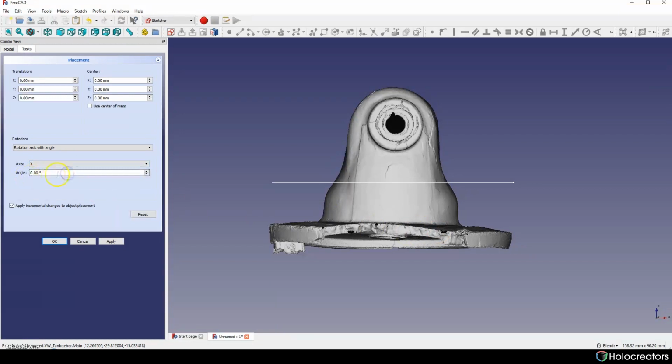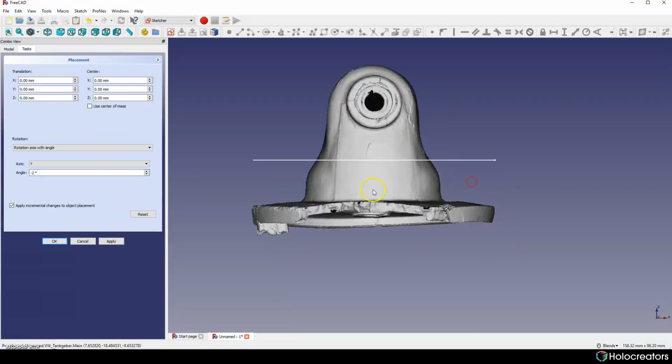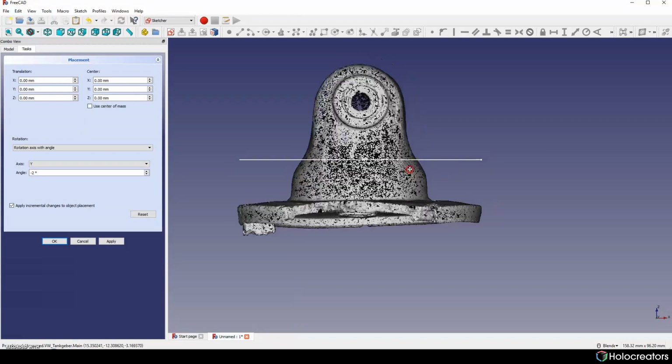Maybe we need to rotate it a bit on the y-axis. Yes, now it's good. Since this part is less damaged, I will use this as a reference.